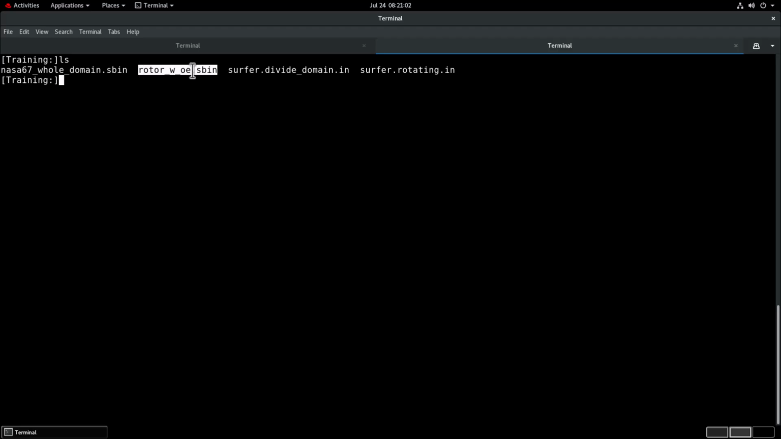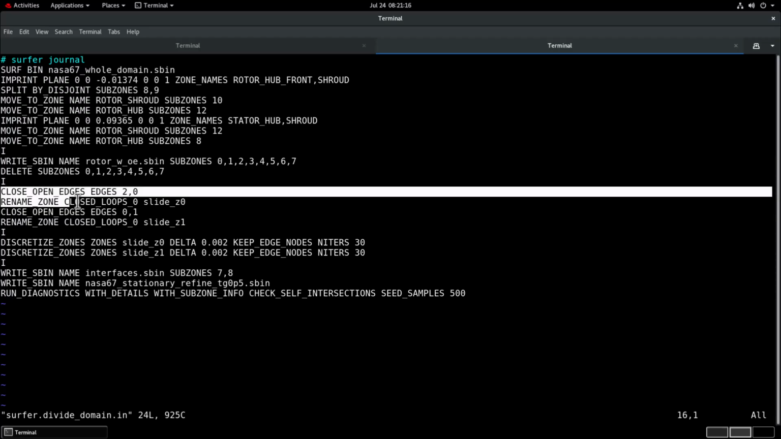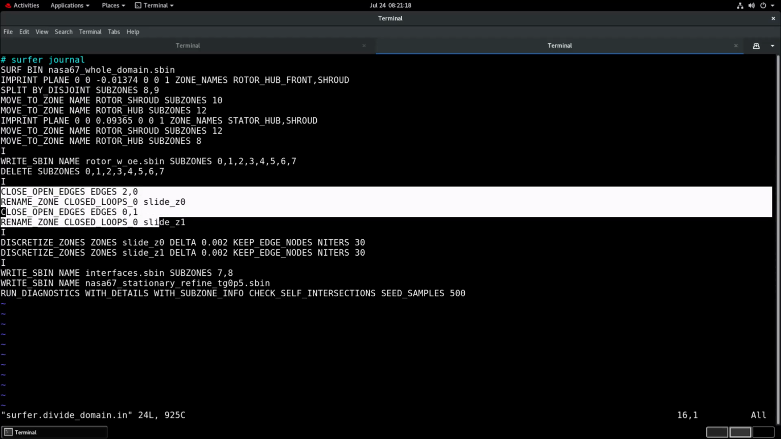That's just the rotor without the interface SBin. And then if I look again at where we are in the input file, we are now at this location here where we have deleted the subzones for the rotating components. So the next part is going to be to close these open edges and then proceed to the next step,